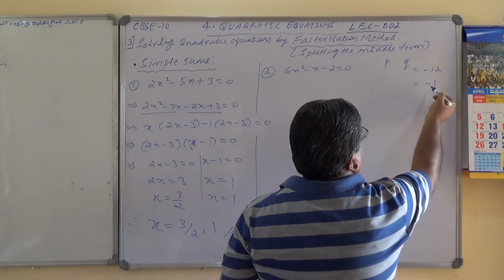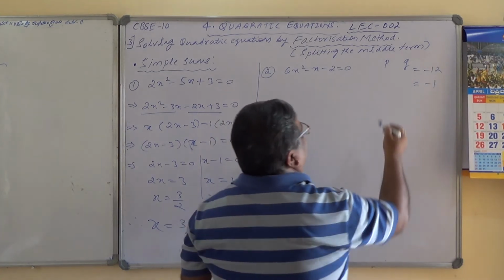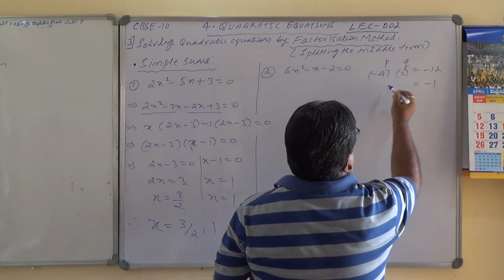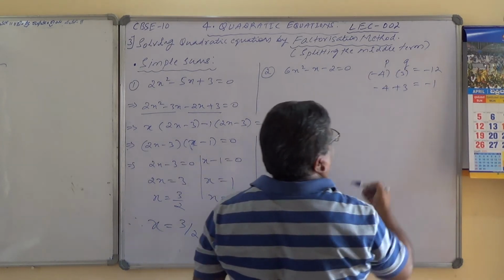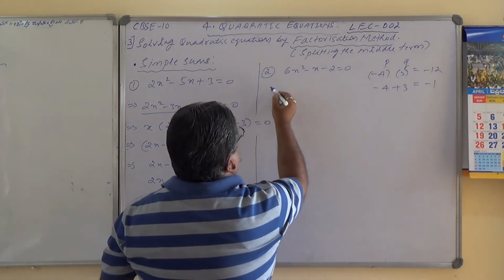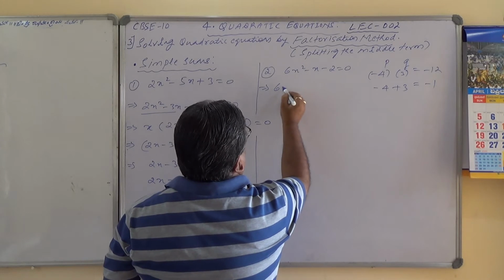Here I should get minus. 4 into 3 I'll take, minus is required, minus 4 into 3 is minus 12, minus 4 plus 3 is minus 1. Correct now? So implies